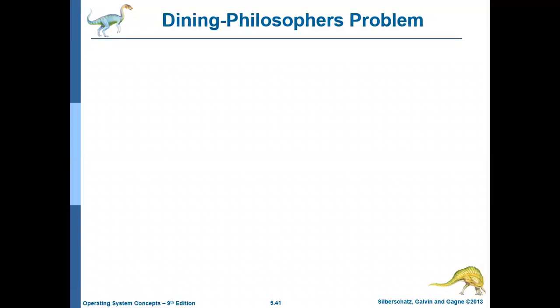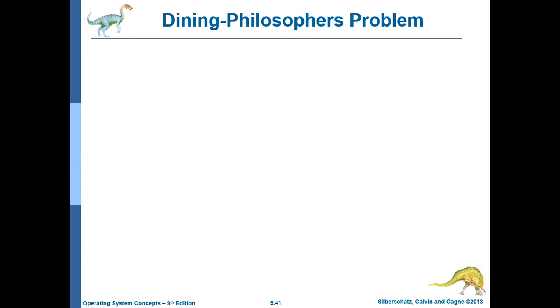So when a solution is proposed for the critical section problem, the correctness or the completeness of the solution is verified by applying it to these problems, right? In the last session, we discussed the bounded buffer problem. In this session, we'll be discussing the dining philosophers problem. Okay, so it's a pretty interesting problem.